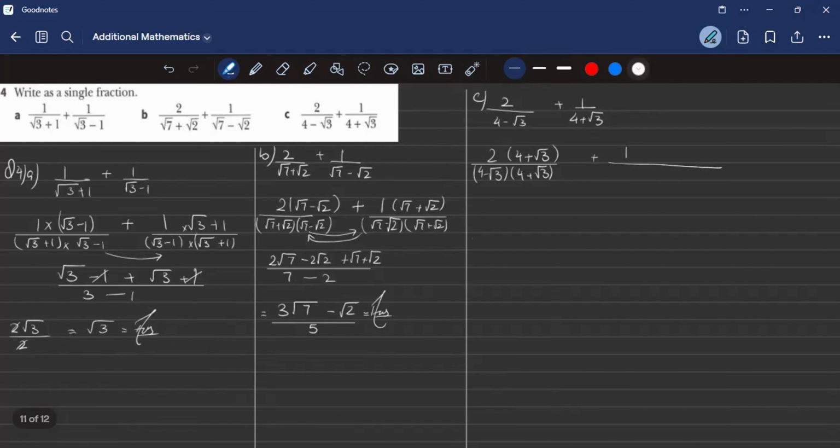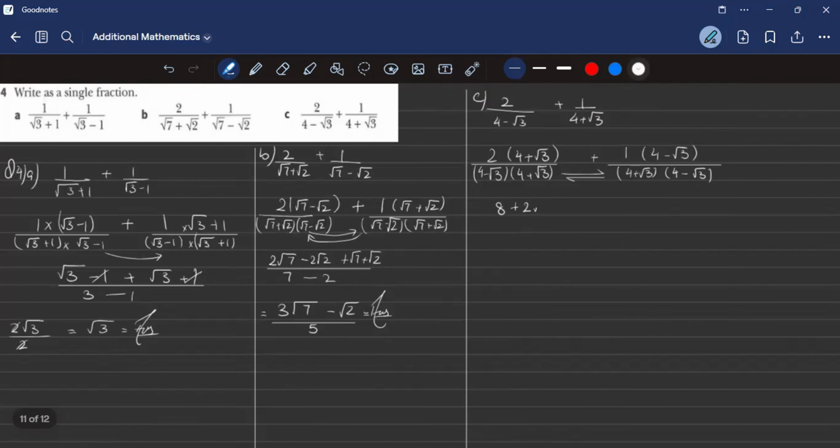1 divided by 4 plus under root 3 multiplied by the other denominator value 4 minus under root 3. Then again multiply the numerator by the same value 4 minus under root 3. Simplify this, both of the denominators are the same, so no big deal. So what we're going to do is use this as 2 4s is 8